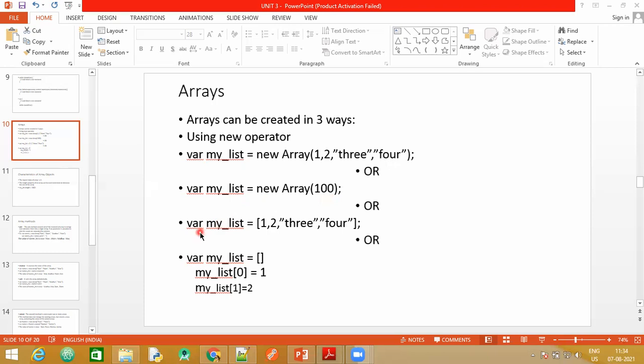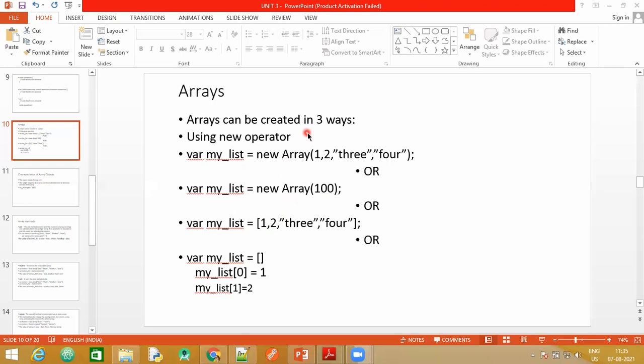The third method, again, we write var my_list, but we will not make use of the Array keyword. We are not going to make use of new or the Array keyword. But directly this time, we will make use of square brackets.